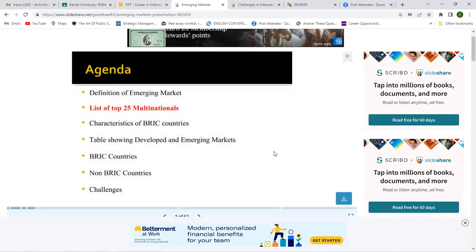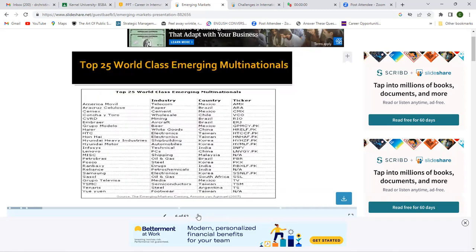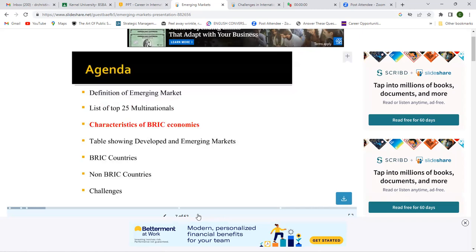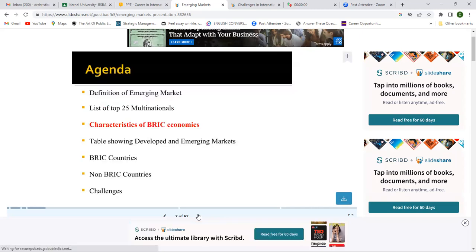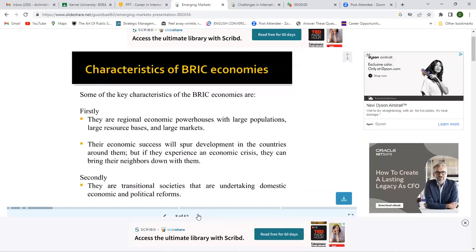The definition of emerging market, top 25 multinationals, characteristics of the BRIC countries, table showing developed and emerging markets, BRIC countries, non-BRIC countries, and challenges. Here are the top 25 emerging multinationals. We have characteristics of the economies. Some of the key characteristics of the BRIC